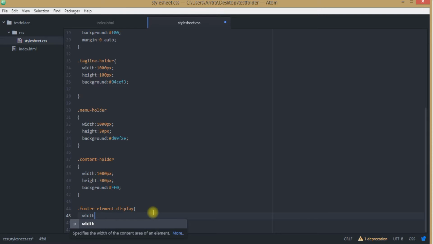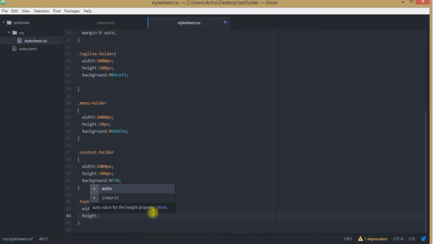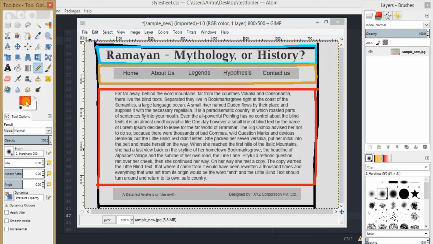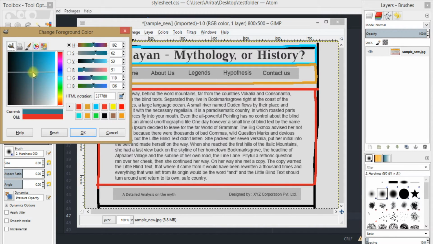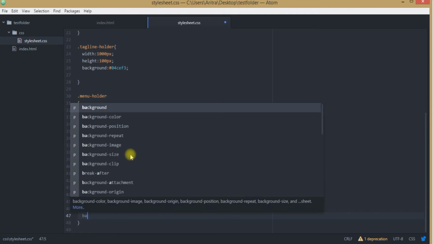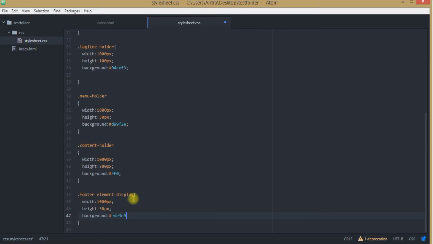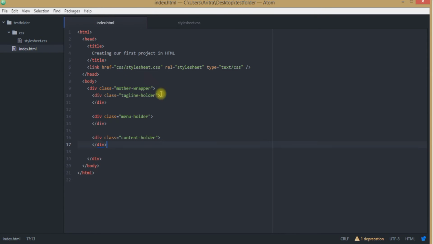As usual, we are providing a width of 1000 pixels, and for the background choose any color that you want to select. Provide a hashtag, press Ctrl V, provide the separator at the end of your syntax and just press Ctrl S to save the file.